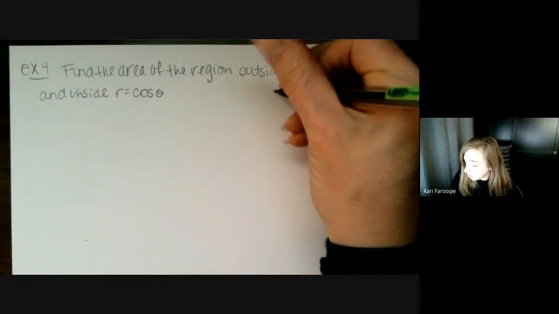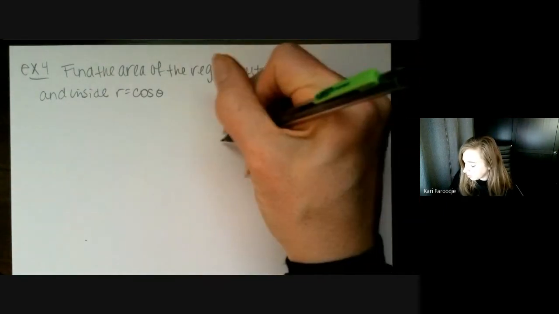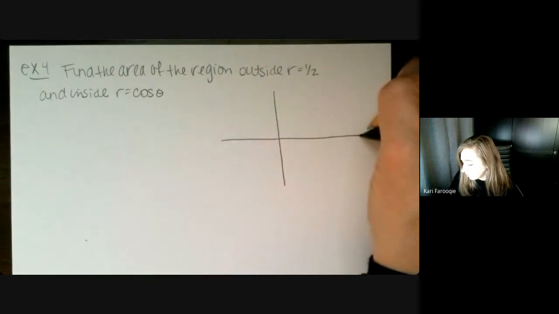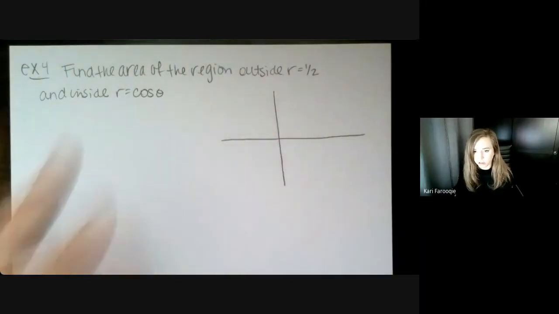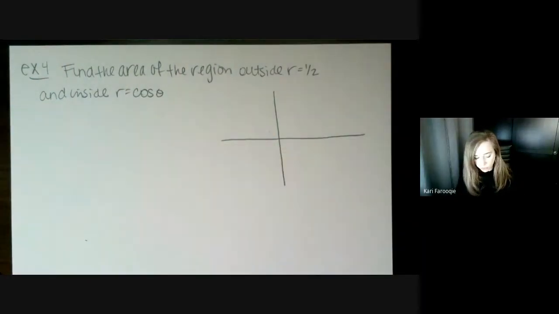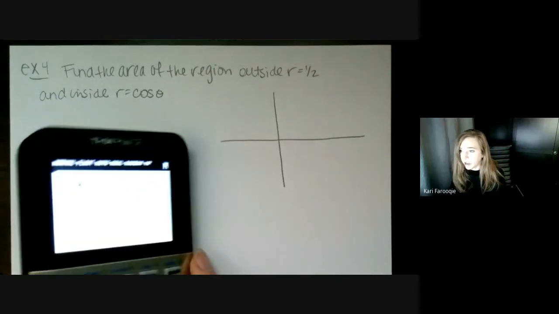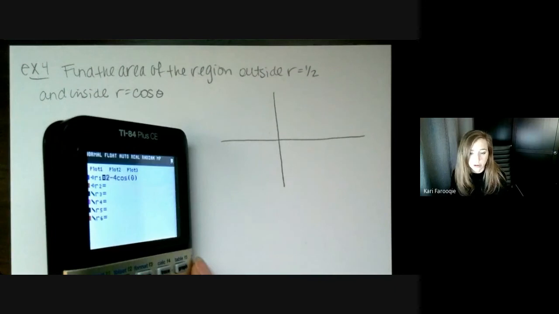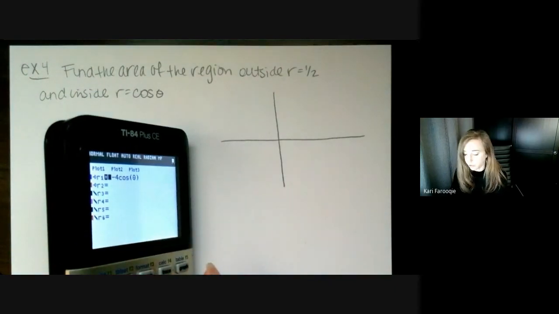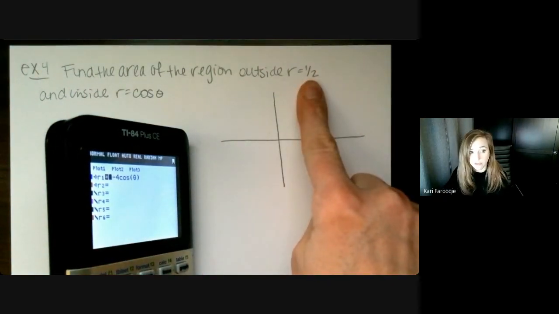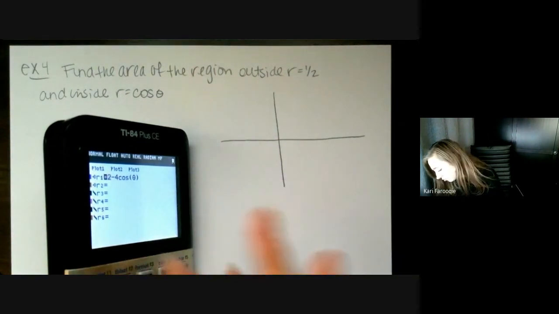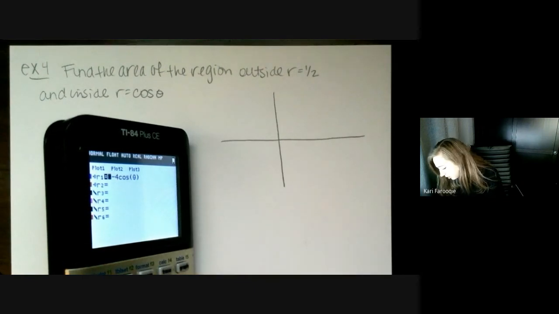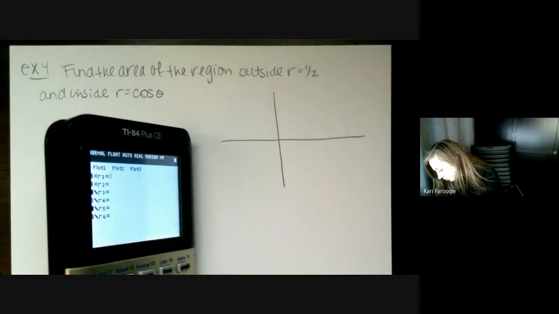And it is really helpful if you graph these also on paper. I know seeing them in your calculator is also really helpful, but for me, I like to just be able to look at it and kind of shade things, and I like to have it right in front of me on paper. Everyone's different. Now, r equals 1/2. If you remember, that's just a circle centered at 0, 0 with a radius of 1/2. We're going to have to zoom in here anyway, because that's going to be a really small circle.